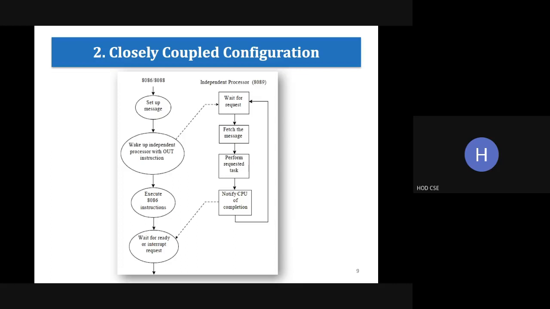Okay, hope you understood. So whenever, I repeat this, whenever there is a printf or scanf statement, that will be given to the independent processor. It's nothing but an IO processor that will perform the task. Like this, suppose if we have a print statement, so we have to display the data in the monitor. That task will be given to the IO processor 8089. And after completing that task, it will indicate the CPU through this interrupt request line.